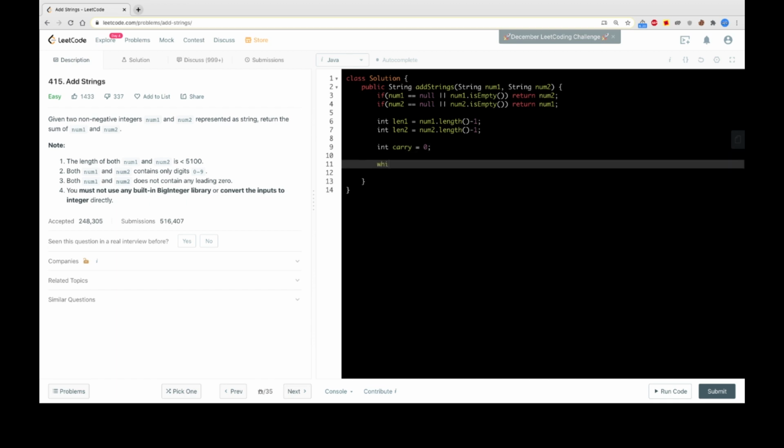Now we can have a loop so that we can traverse through both the strings. So this is while len1 is greater than or equal to 0, or len2 is greater than or equal to 0.